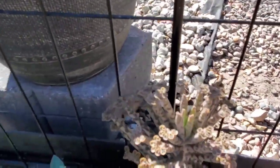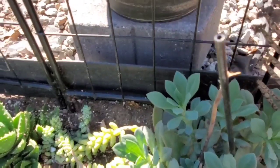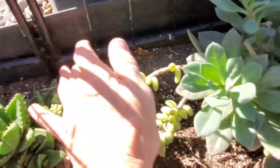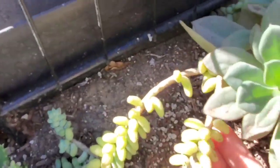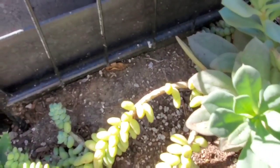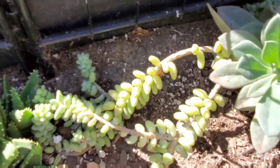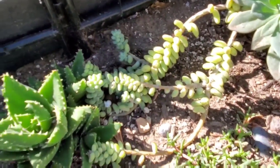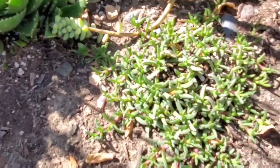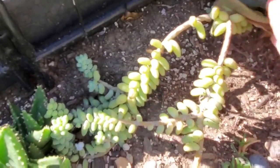And look at that leopard plant. I love that. I love all my stuff. Now see, these over here are doing the same thing. They're stretching. So I need to cut these off and put them in a pot. Now sometimes when you cut these things off and they're in the ground, like